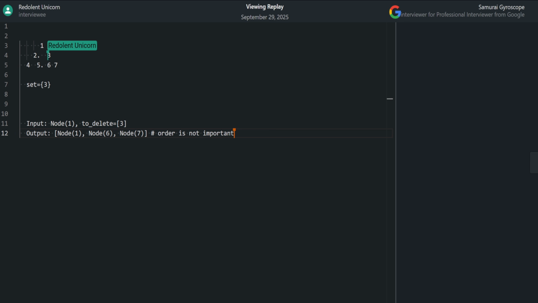So let's say if I delete it or just mark it somehow, now what it created disconnects all the children. So in this case, the output is 1, 6, 7. This is the expected output, right, if my to delete is just 3? Yes. Okay, so if I delete 3,